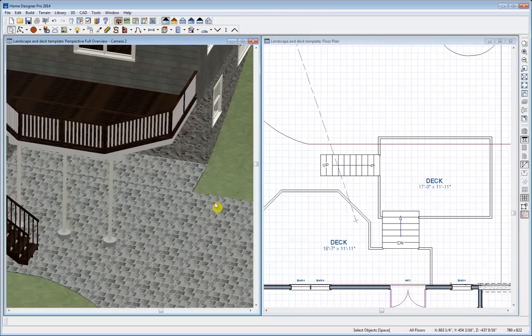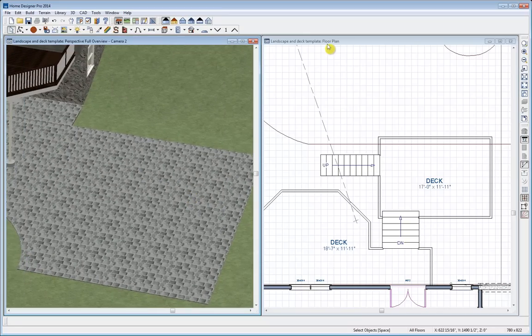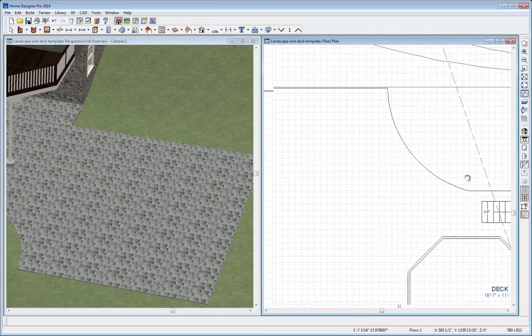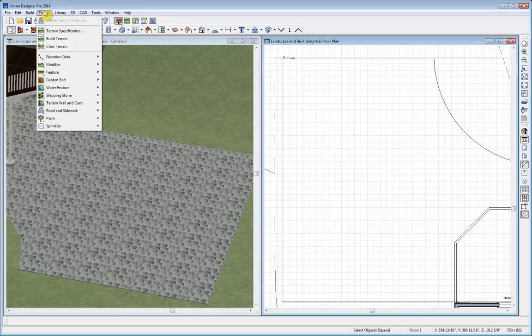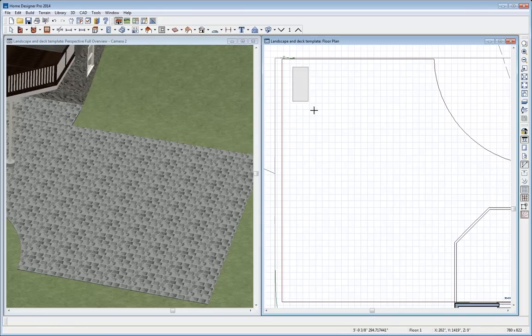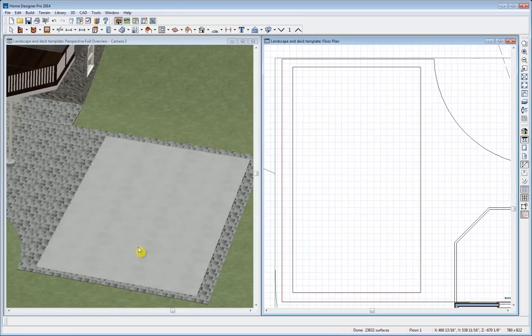We're going to turn our attention to this area over here where we're going to create a custom pool. So we'll also use our scroll wheel and pan over to this section. And so to start with our pool, we're going to create another terrain feature. So under terrain, we'll come down to our features and select another rectangular feature. Marquee to draw it out. You'll notice it'll just look like a slab of concrete to begin with, but we'll make quite a few changes